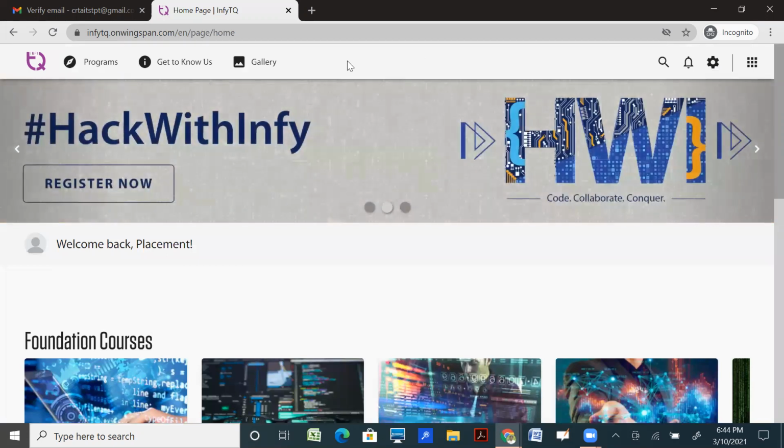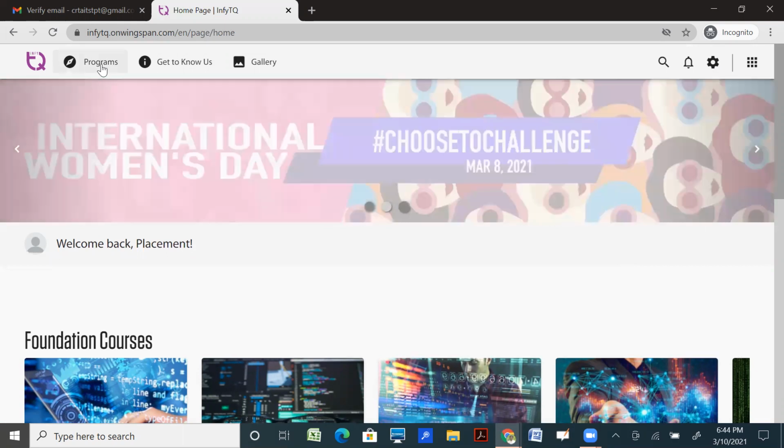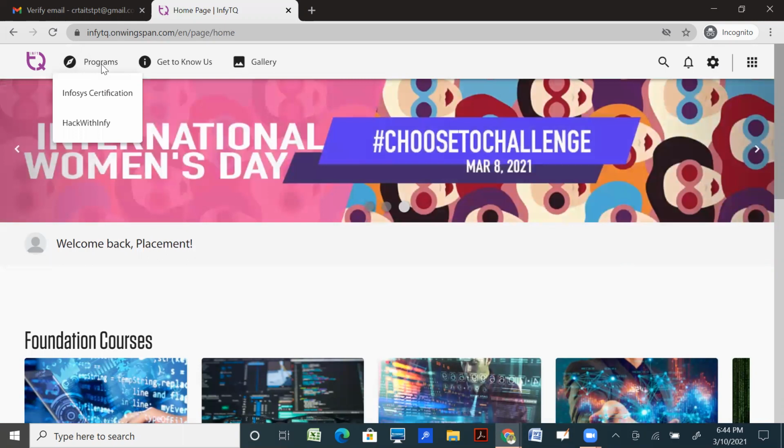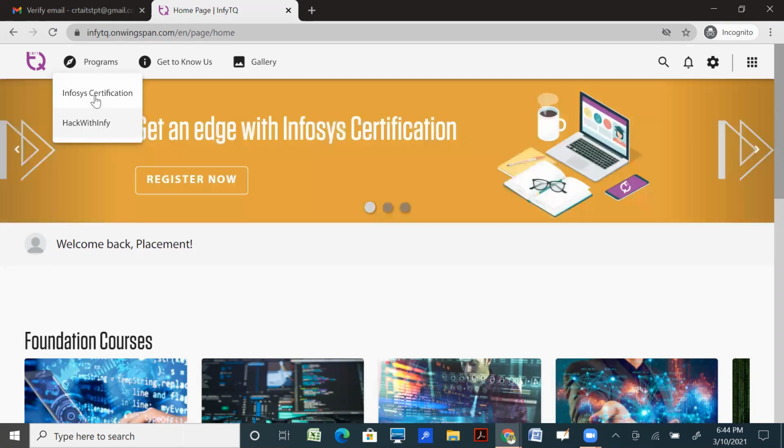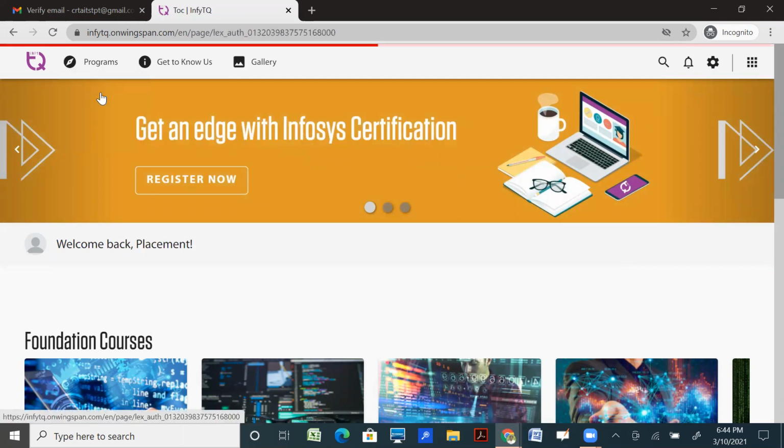Then on the top left side of the screen, you can see an option called programs. Click on programs. Then you can see two options: one is Infosys Certification and the other is Hack with Infi. Select the first one, Infosys Certification.